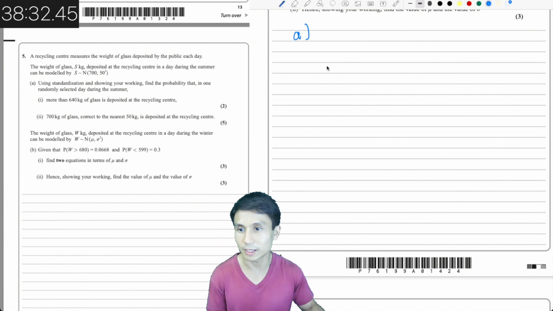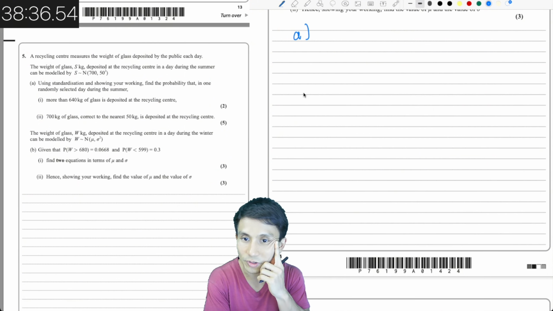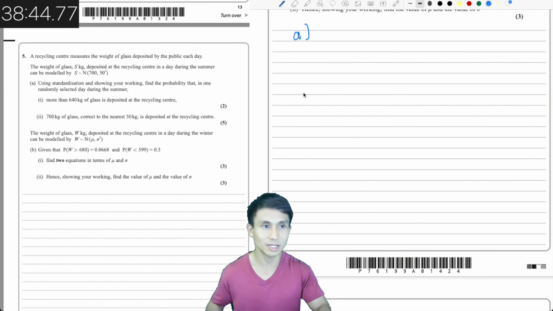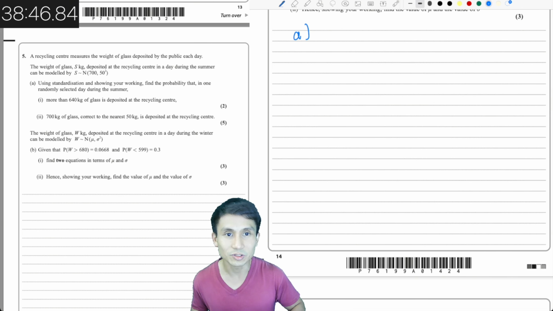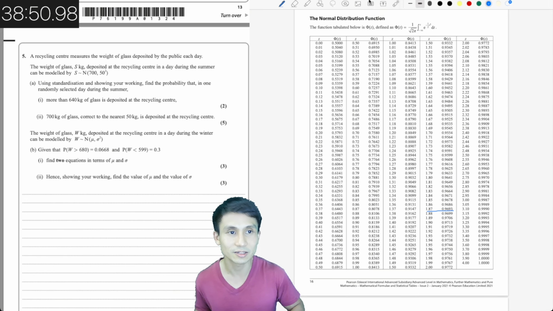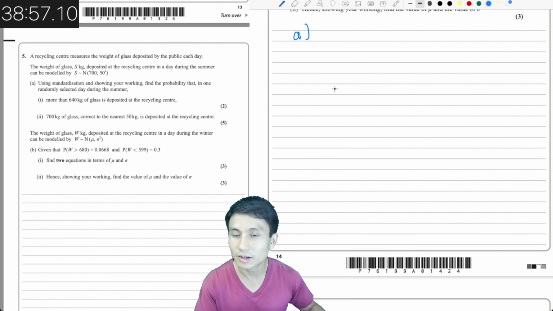All right, so part A. Using standardization and showing your working, find the probability that in one randomly selected day during the summer more than... Okay, so I'm going to need a table here. Let me just get the formula sheet first. Okay, get the formula sheet here then. Just in case. This is a normal distribution, right? Okay, so A(i),